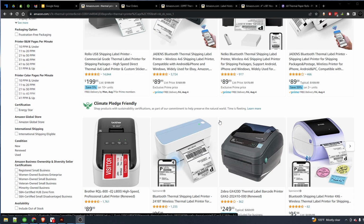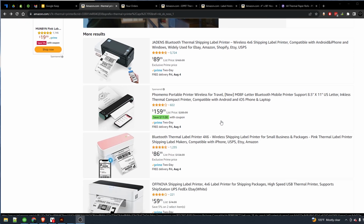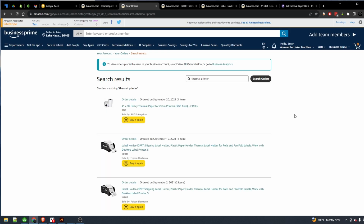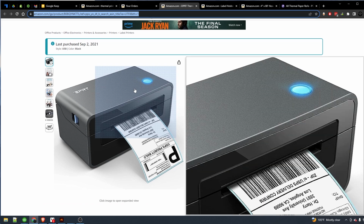And then if you do want to try to network these things, the cheaper ones are going to be almost impossible to network. It's really tough to do. So what I recommend is just buying the cheapest one and just buying 2 of them. A lot of times that's the best way to do it, and it's going to give you the least amount